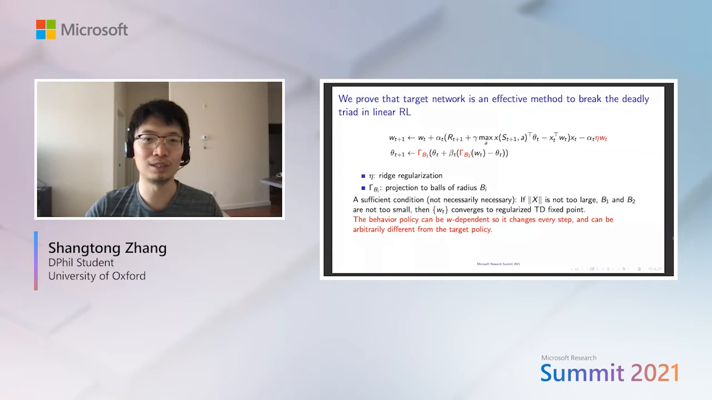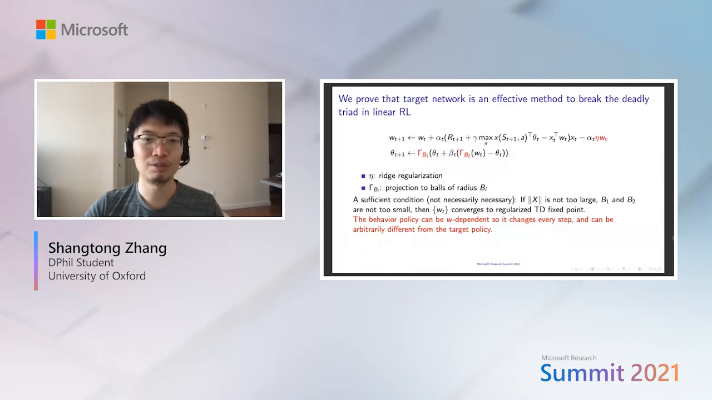There are two main differences. The first one is we introduce a ridge regularization term weighted by eta in the update to the main network w. The second difference is in the target network update to theta t, we added two projections, tau B1 and tau B2. Those two projections are projection to balls of radius b i. So in practice, we can set the radius of the balls to be a large value, so it rarely takes